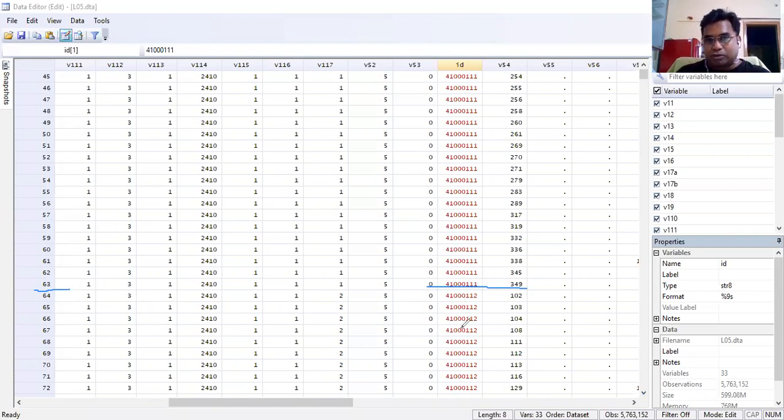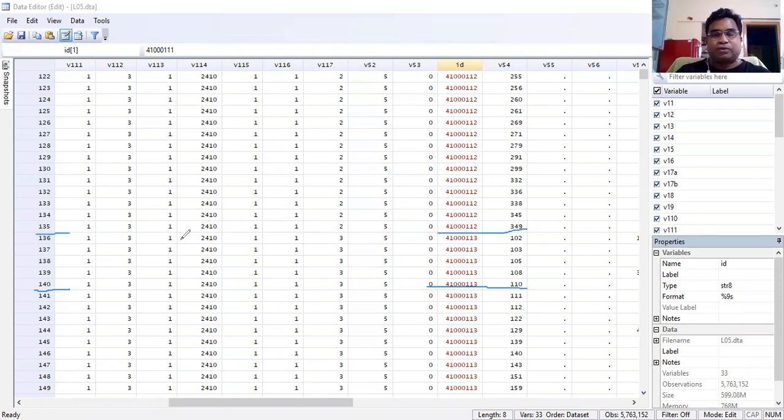Similarly, if you go down, there will be second household level information. So let us check till what this information goes. So household 2 ends here, at the level of 135, right?